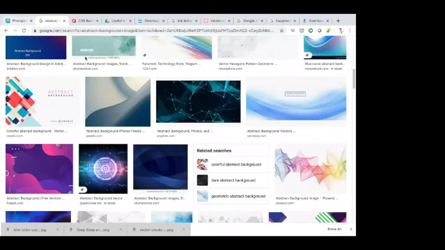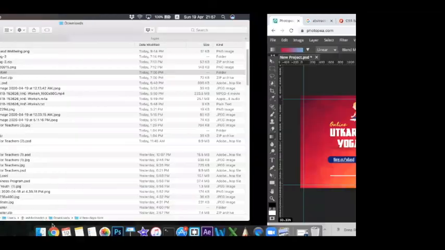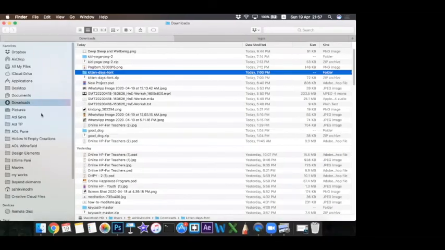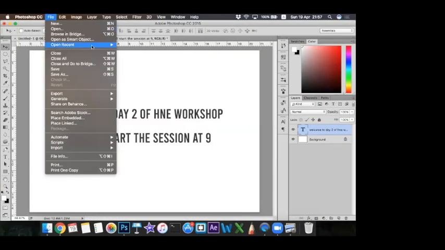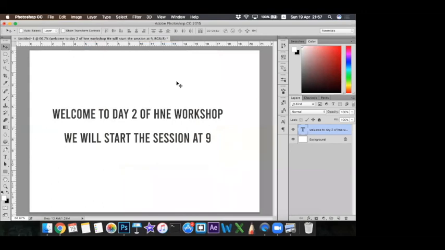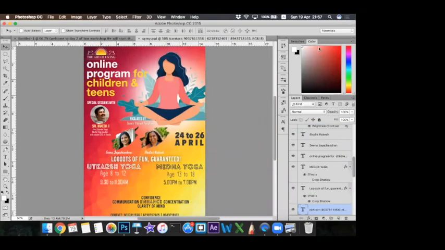life hack, design hack. Actually, I just want to show you one of the designs which I made just now, like half an hour back, which is in Photoshop right now. Okay, this is a poster which I made right now, with the same background which I had used. This is an image which I got from Google, features images. All these are nothing but changing font size, color, all these things. So basically, if you know this, you can easily make a poster from the start.